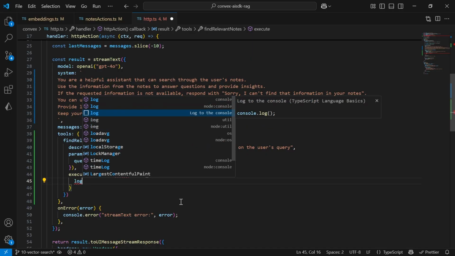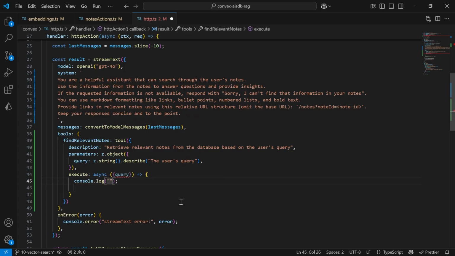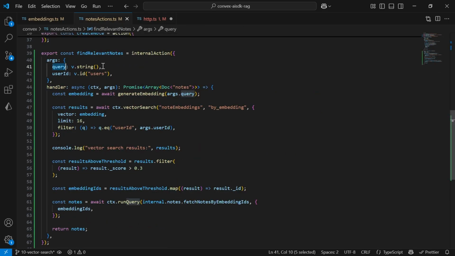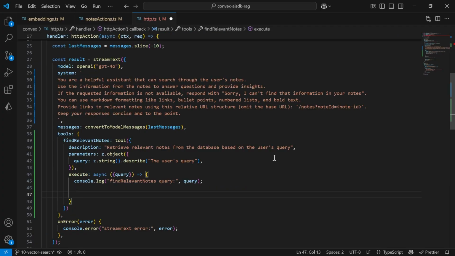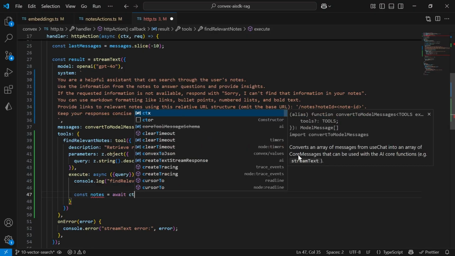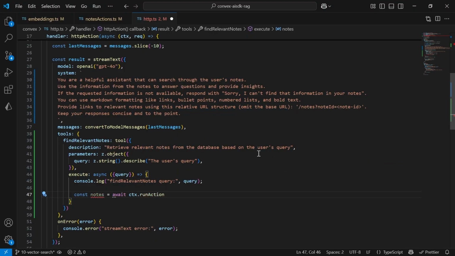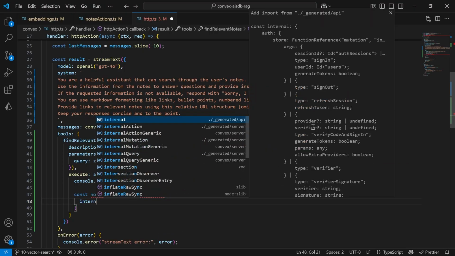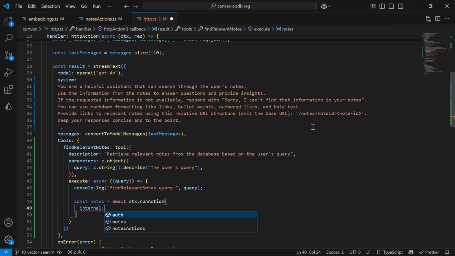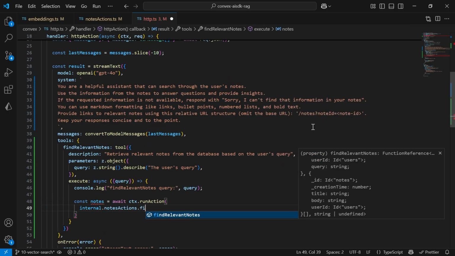So first I want to log the query to the console. So let's say findRelevantNodes query, colon. And I want to see what this actually contains, because this is generated by the AI. Afterwards, we want to find the relevant nodes via this function. So we create a const nodes equals await context.runAction, parentheses. We use this internal object again. Here we find nodes.actions.findRelevantNodes,